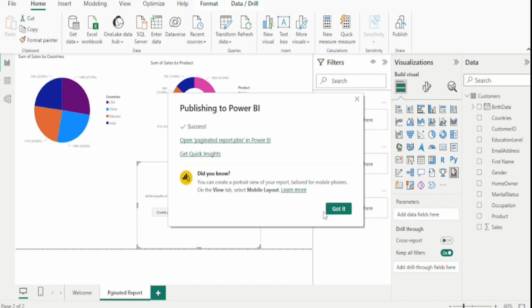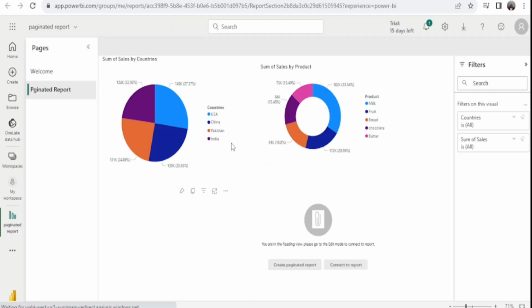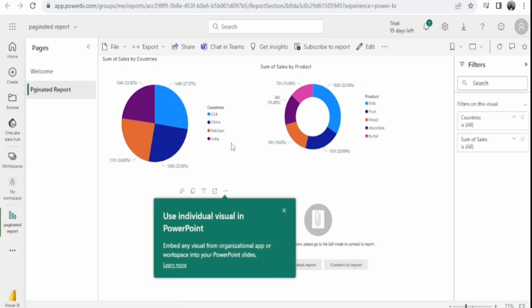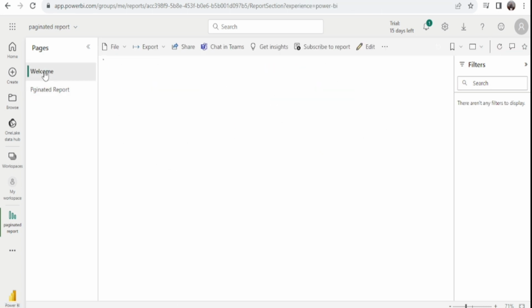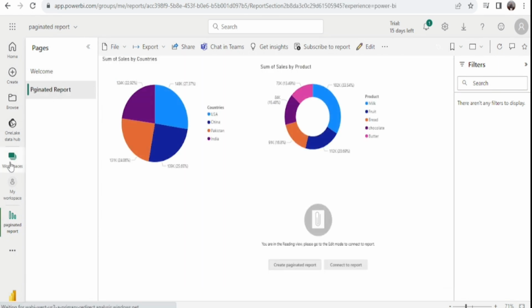And here we can see it generating one link. Now let me click here on this link. And this link takes you to the Power BI service page. So here we can see the same report which we have created, and we can see this report here in Power BI service. And if I click here on my workspaces guys,